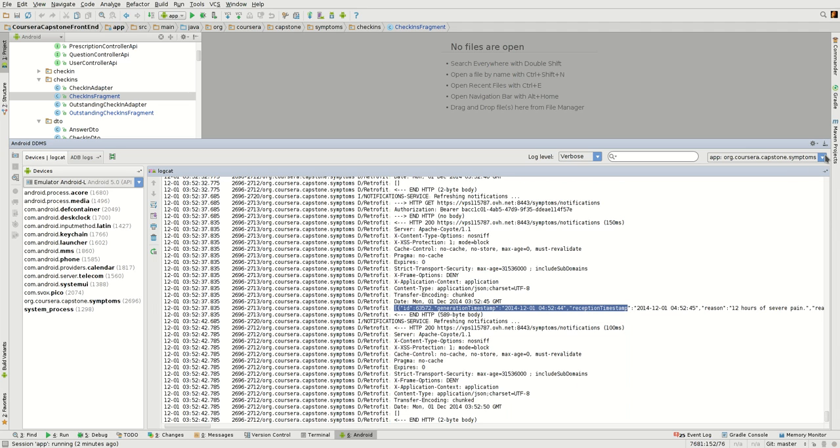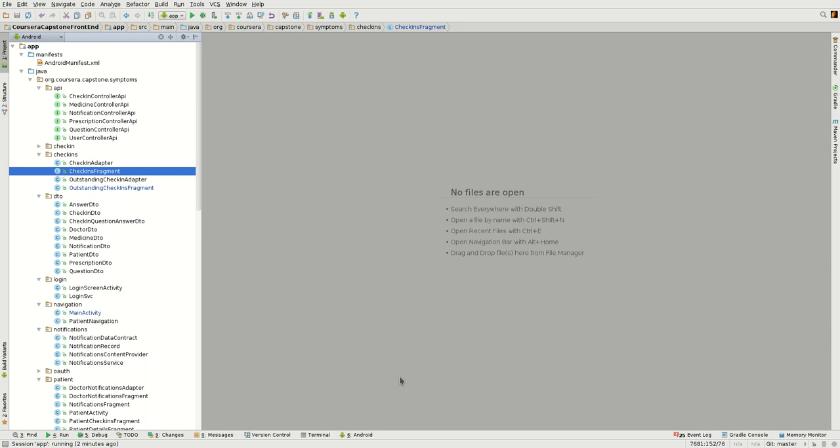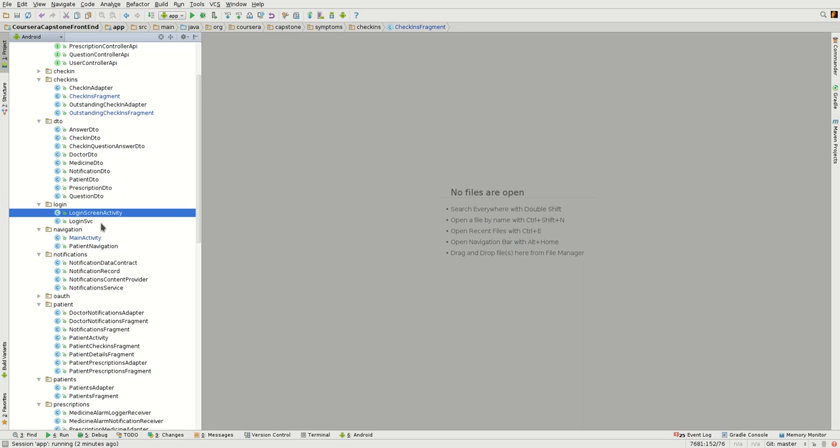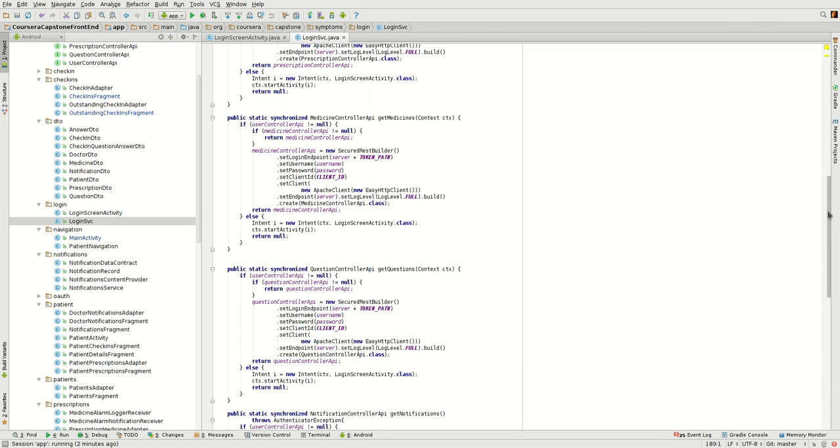But let me come back to the code structure itself, and let me focus on the presentation of code sections that correspond to the distinct requirements for the application. So first of all, multiple users via individual user accounts. Let me show you the login service, which actually initializes the